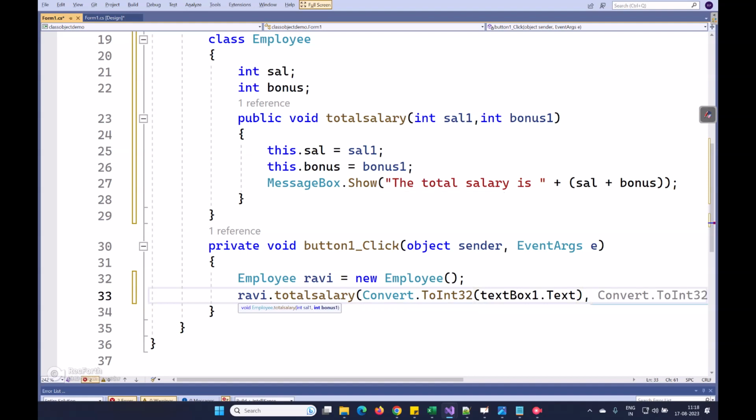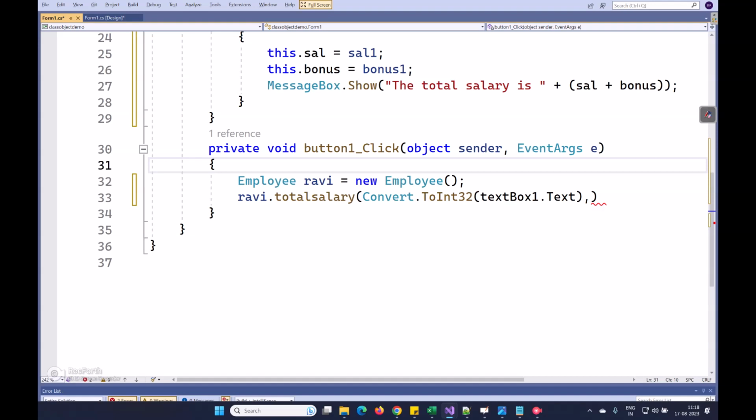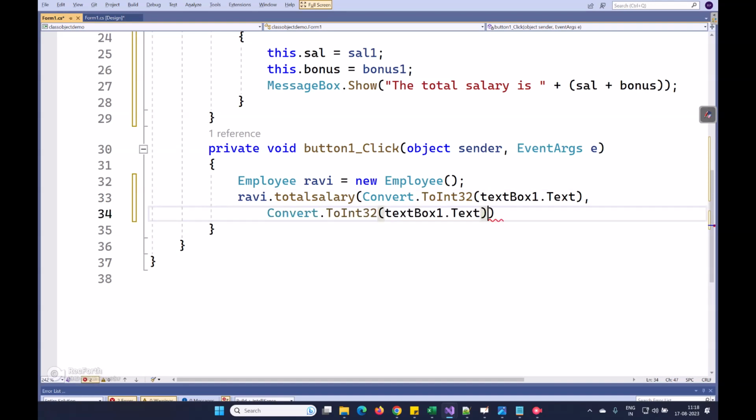Whatever you type in text box 1, I am taking it. Next, the second parameter is the same thing, but text box 2. That's all you have to do.